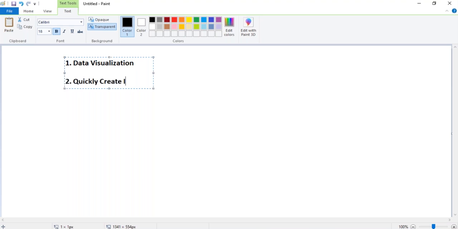Second thing, quickly create interactive visuals. So Tableau has extensive features here. Using the drag and drop functions of Tableau, a user can create very interactive visuals within minutes. That's the beauty of Tableau here.